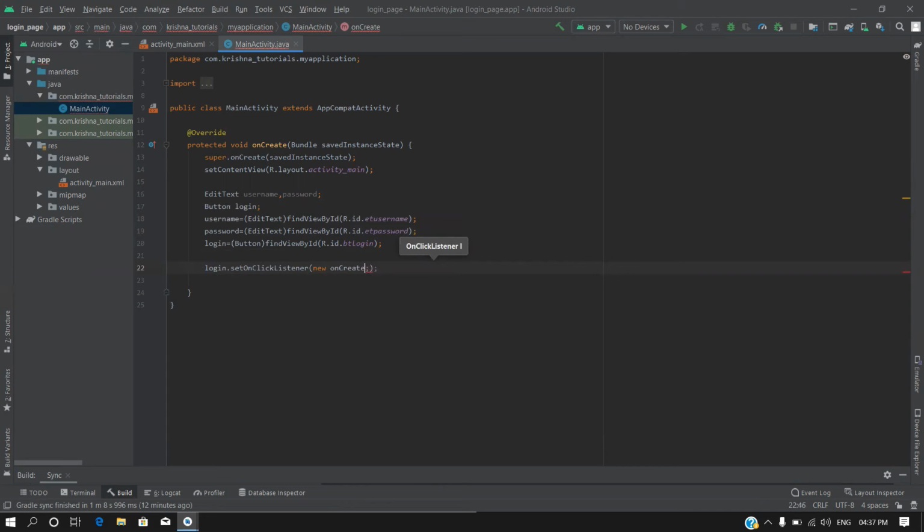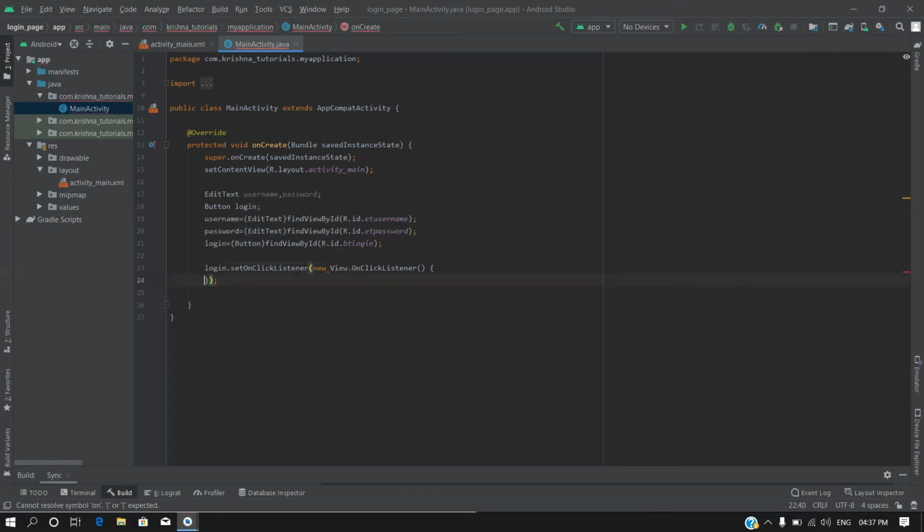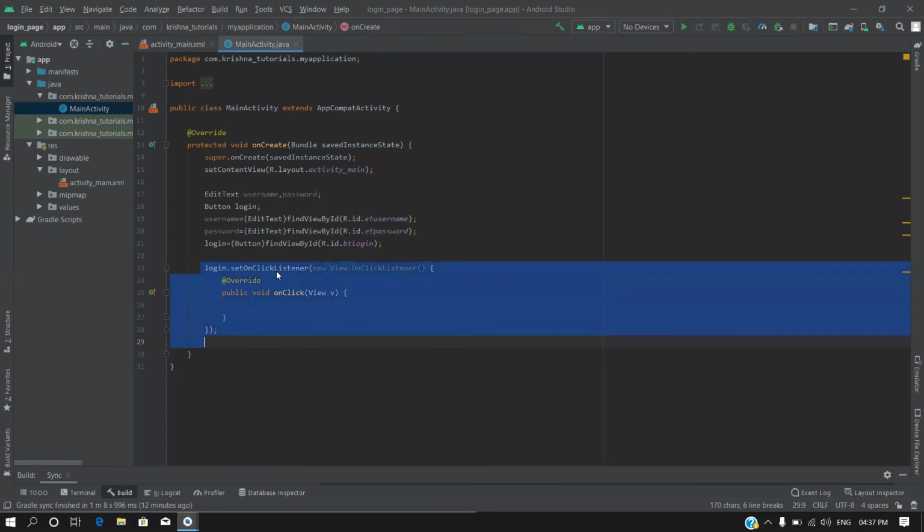Sorry, we need to check something here. Okay, so whenever the user presses this login button, this method will get called as it is a set on click listener method.